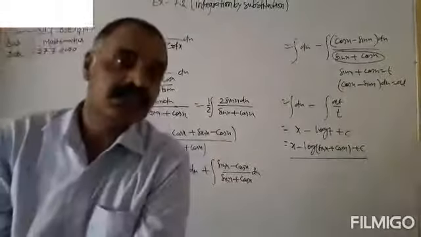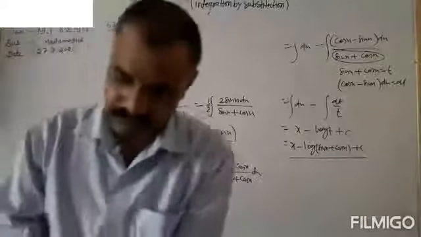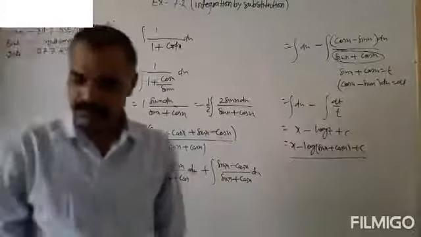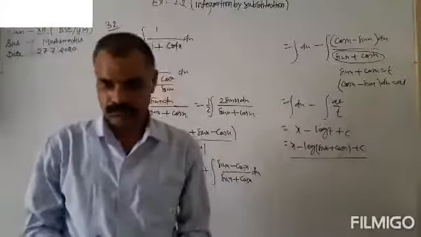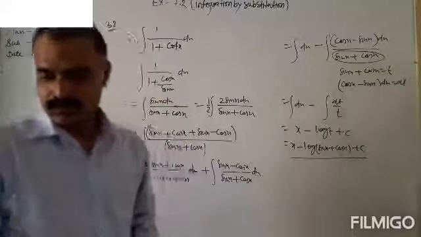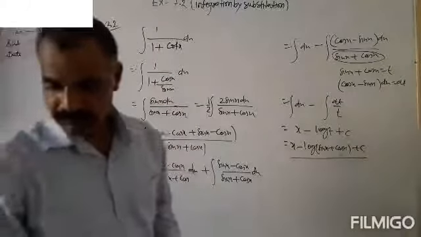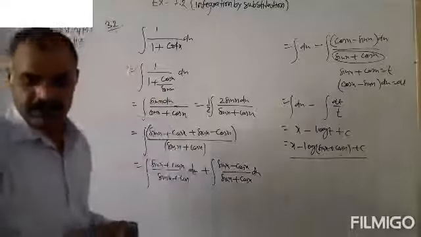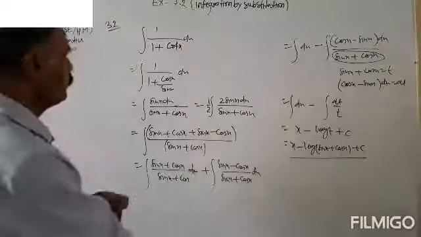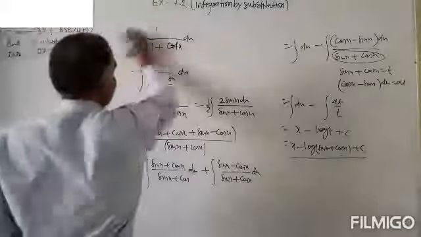Question number 33 is just like this. Okay. So now I will take question number 34. Question number 34, then question number 36, after that question number 37 and 38. So there are 4 more questions to do.